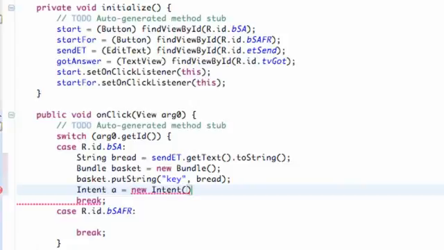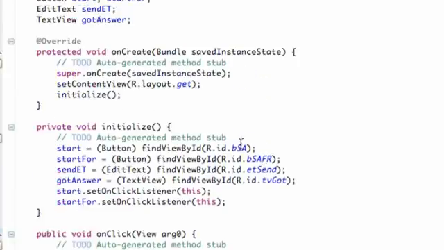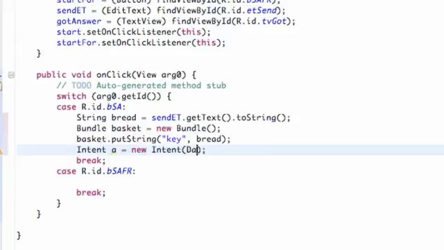And as always we say new intent. But this is going to be a little bit different parameters for the most part. So instead we've got to give the context, and then say what class we want to open. So we're going to say the context of this class, which is called data. So we're going to say data.this, comma, and then the class name that we want to open. And so we're going to say open class